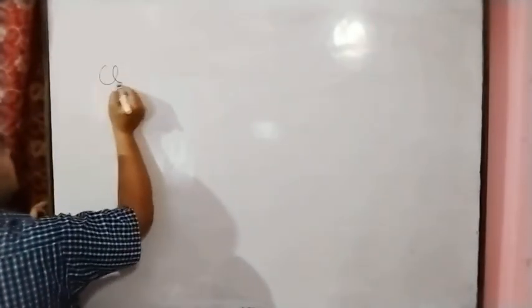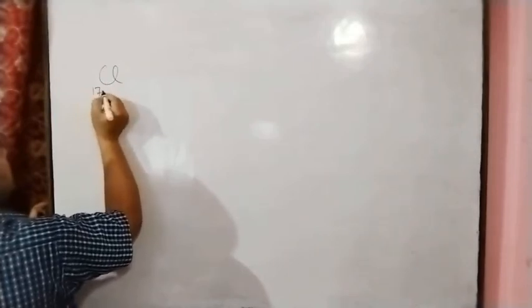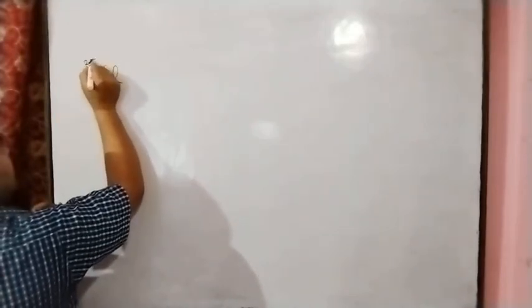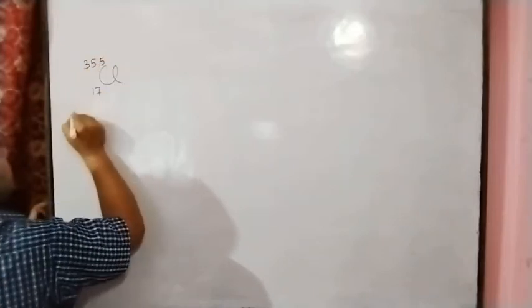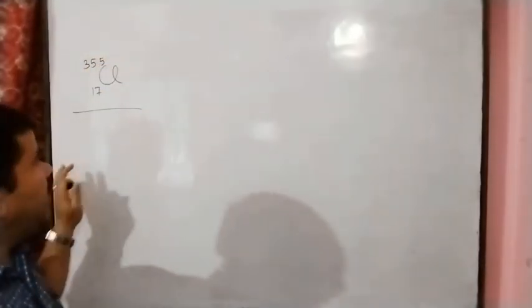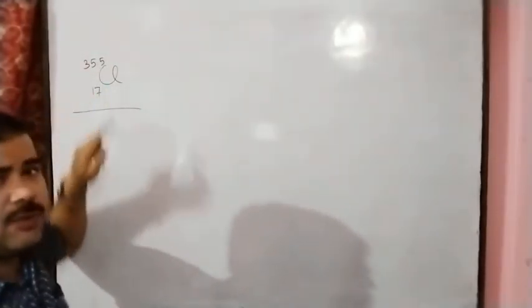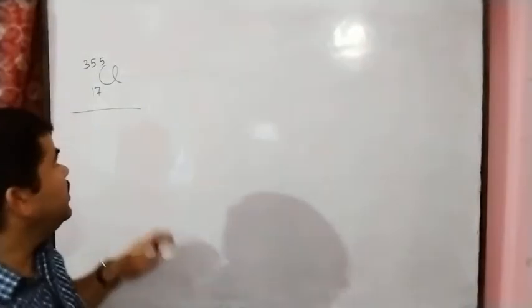So here we can see that in most cases the mass of these elements is present as a whole number. But here is one example: if you take chlorine, the chlorine atomic number is 17 and the chlorine mass given is 35.5. So what is the reason the chlorine mass is given as 35.5? Because chlorine